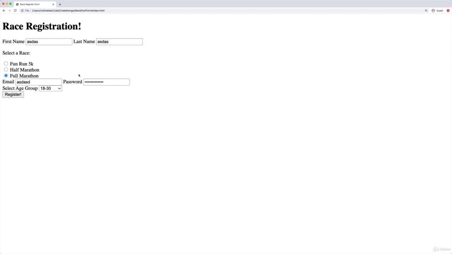As we briefly talked about, forms are going to send data somewhere else. We don't have anywhere to send it. So it's just about creating the form itself. Also, I did use a couple of divs, and there's a paragraph here just to break things up. You'll notice like first name and last name are grouped together.